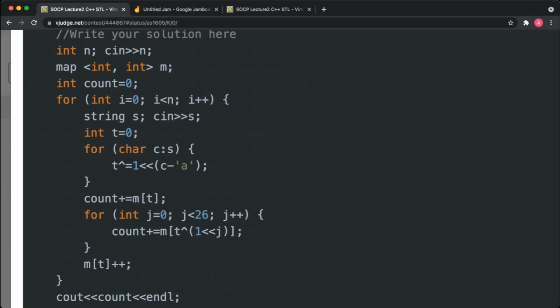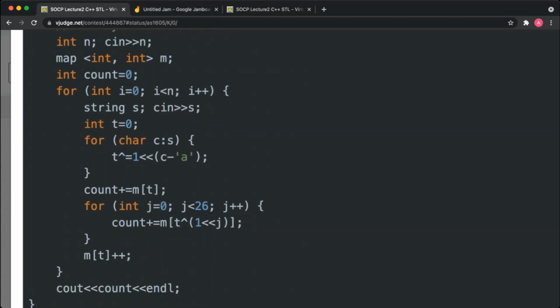If it was B, it will be the second last element. If it was D, it will be the fourth last element. So if we are XORing it, if it was 1, it will become 0. If it was 0, it will become 1. Like if it was odd and we encounter the same digit again, it will become even. If it was even and we encounter the same digit again, it will become odd.